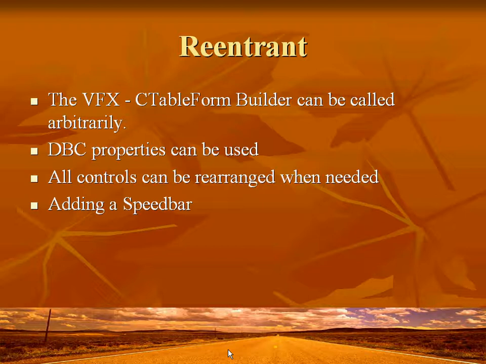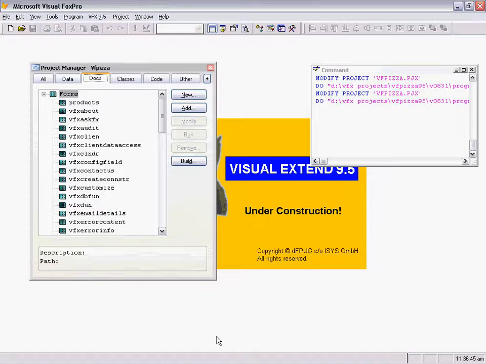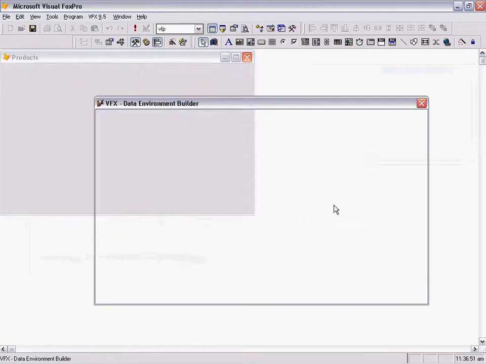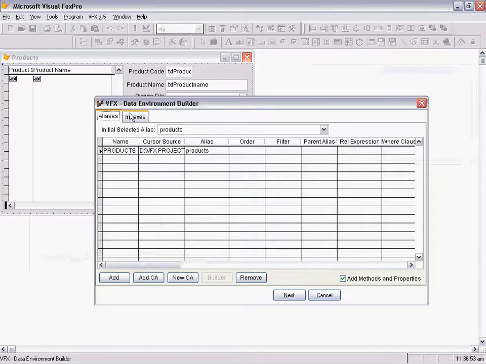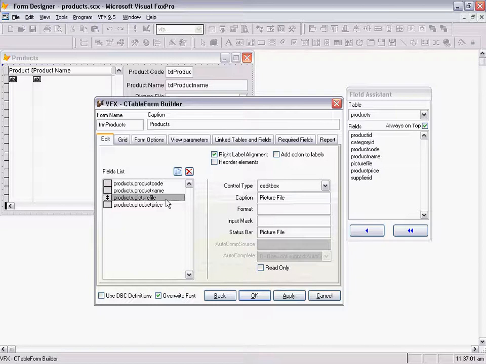You can use database properties if you have made any changes. You can choose to rearrange all controls on the form, and you can add the speed bar and so on and so on. Let's have a look at it again. I will open my form products again and will start the builder.